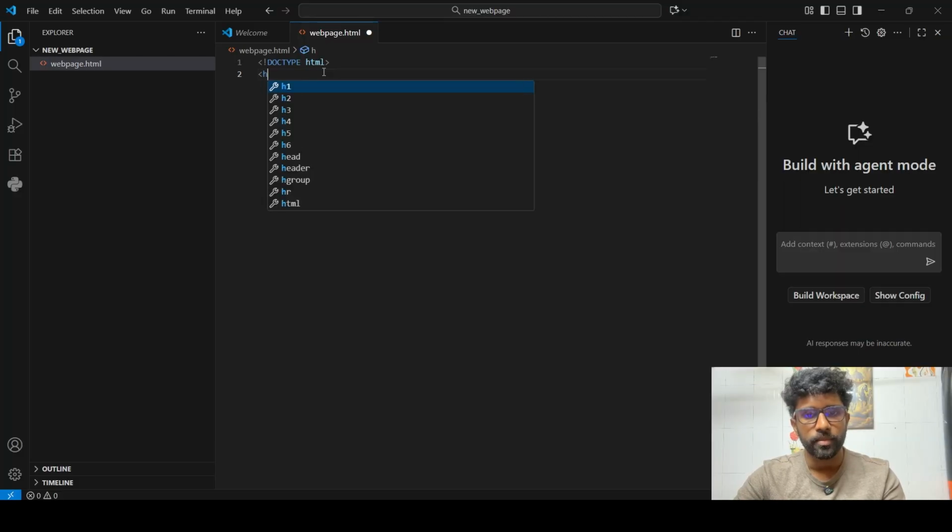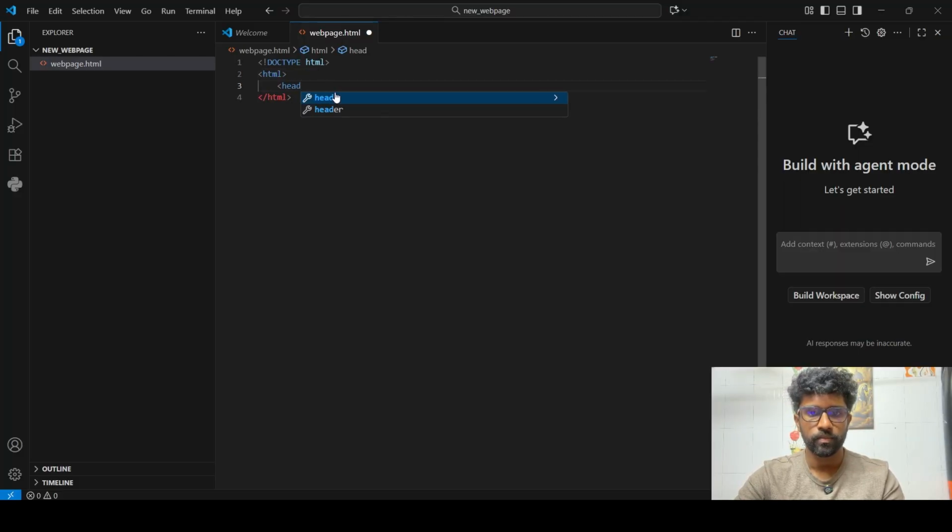So I'm creating a web page now. I'm writing the HTML content. Now within this style tag, I'm going to write the CSS content.